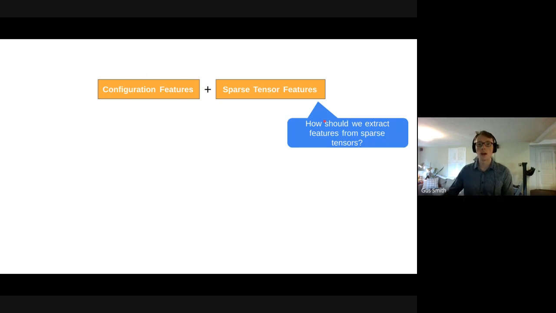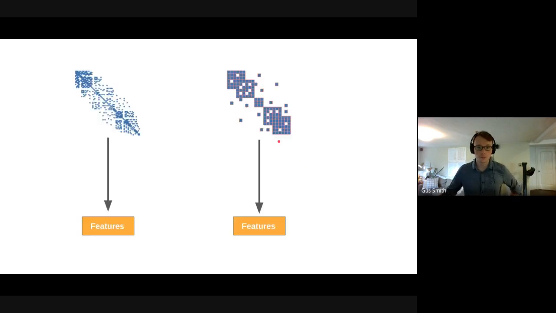So the question now is, how do we extract features from sparse tensors? Given the sparse tensor that's going to be input to our kernel, how do we turn that into something that can go into the neural network as features? We explored two different methods of generating features from tensors.